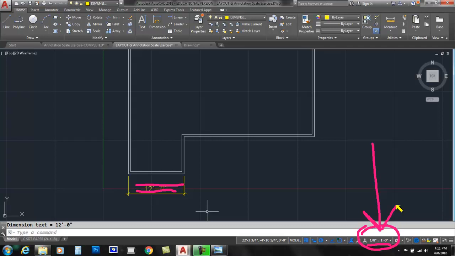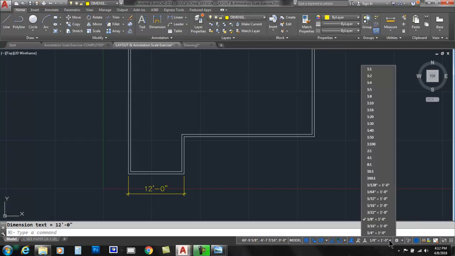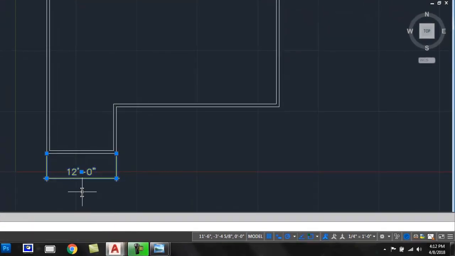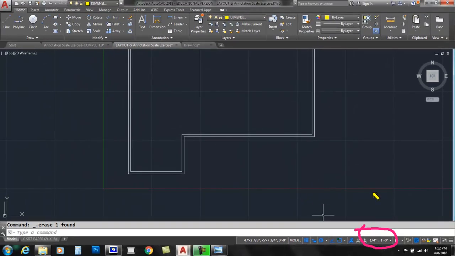So instead of worrying about all the calculations of text heights and scales and so forth, as long as your text and dimension style is annotative, the number one responsibility you have is to set this scale to the scale of the viewport before you add dimensions or text. Okay, so I'm going to get rid of this because this is bad. Alright, now one last time, make sure that your model space scale matches your paper space viewport scale. That is crucial. Okay, so set it to 1/4 inch to a foot, and now watch when I add that